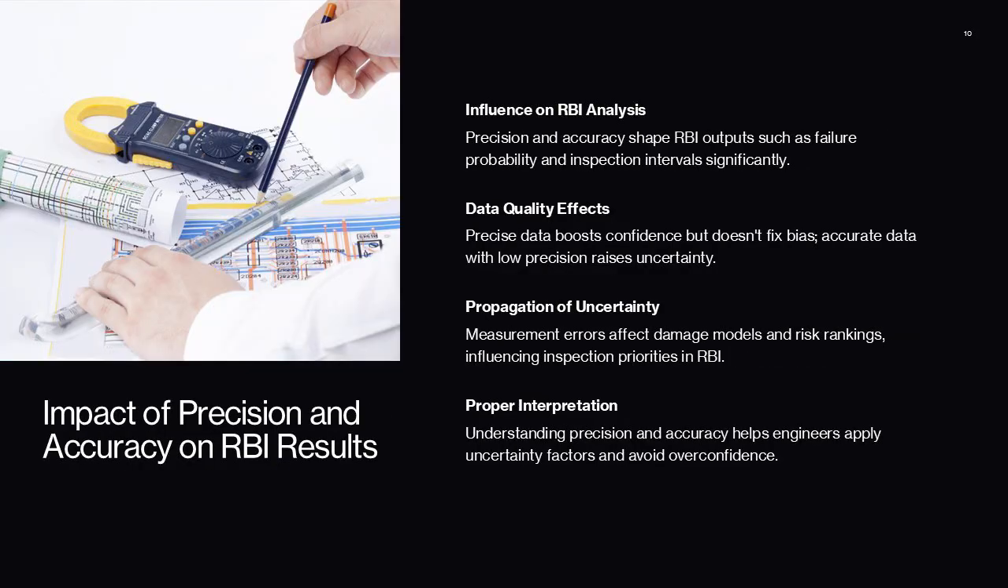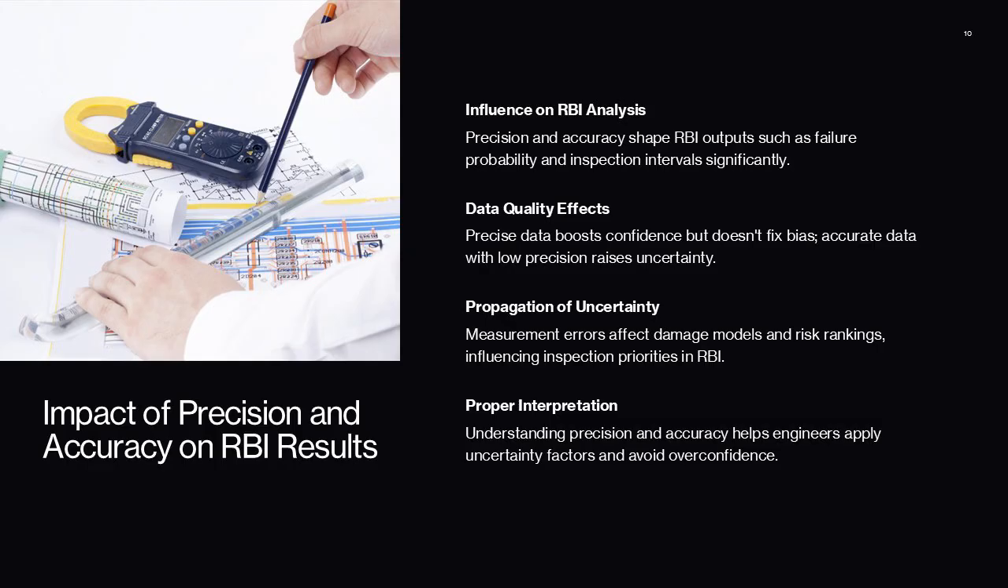Precision and accuracy directly influence the outputs of RBI analyses, including probability of failure, consequence assessment, and inspection interval determination. In quantitative and semi-quantitative RBI, highly precise data improves statistical confidence but does not correct for systematic bias. Conversely, accurate but imprecise data increases uncertainty ranges and may require conservative assumptions. API RP 581, widely used for RBI, is designed to be reproducible and structured, but it still depends on the